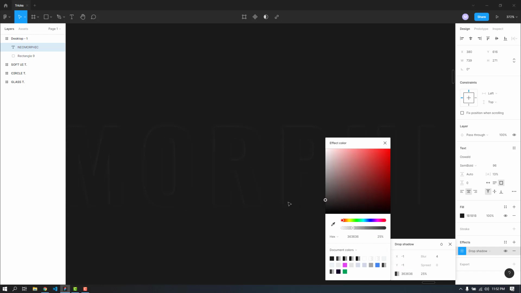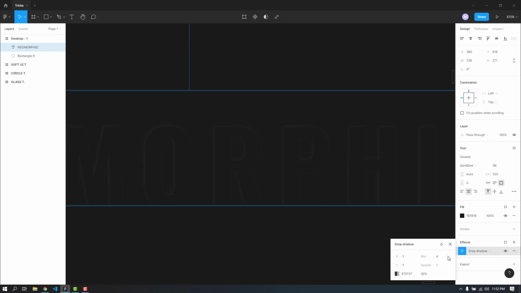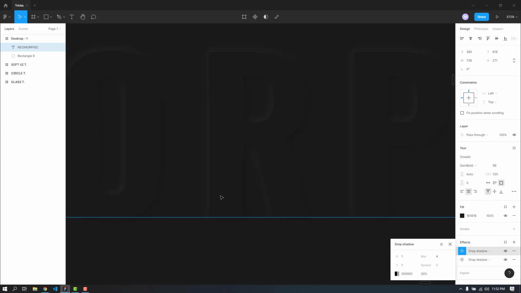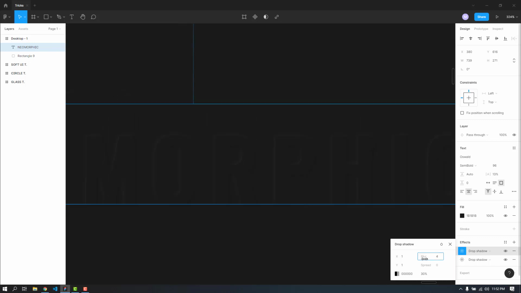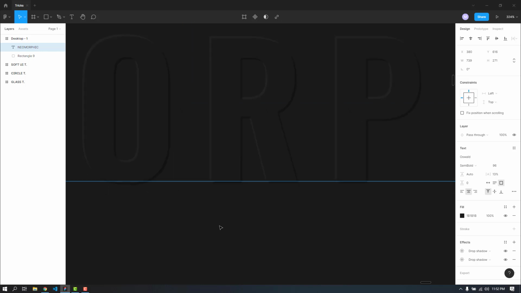Okay, let's increase the opacity to 30 as we did before. Okay, now let's set the next one, but we are going to deal with the blur later. In here we have given this the minus value of one, so we need to give it a positive value of one. Let's make it 30 and we got this neomorphic effect, right? So we can now play with the blur level. Let's make it 0 and also this one. I think this looks better in text here.